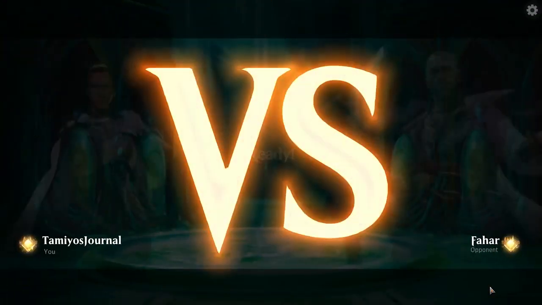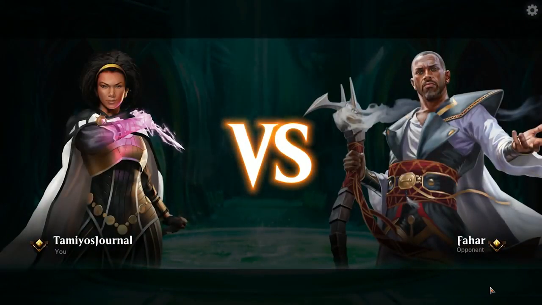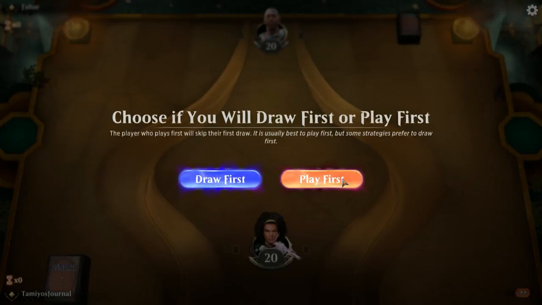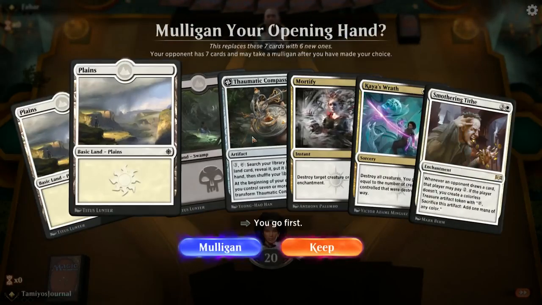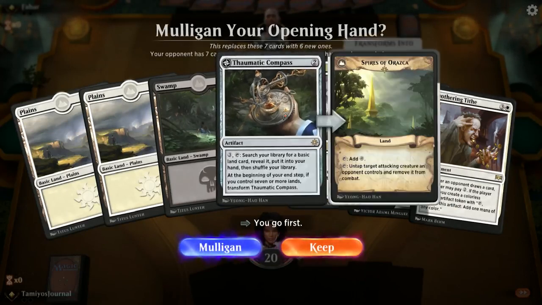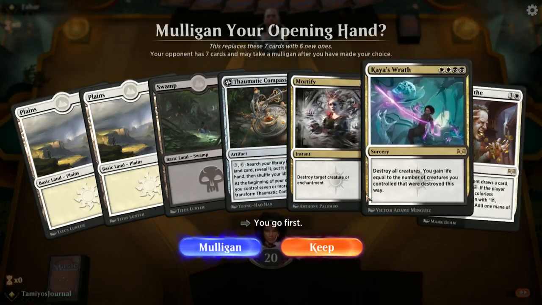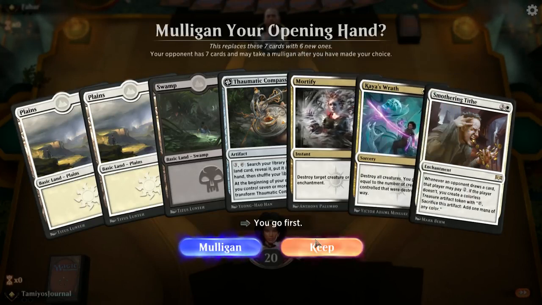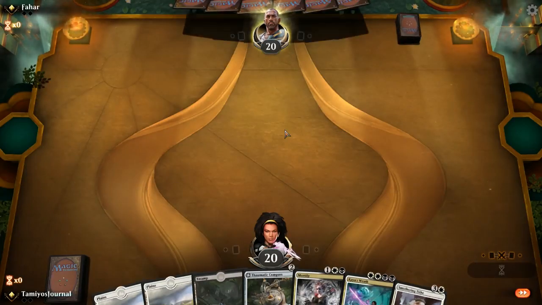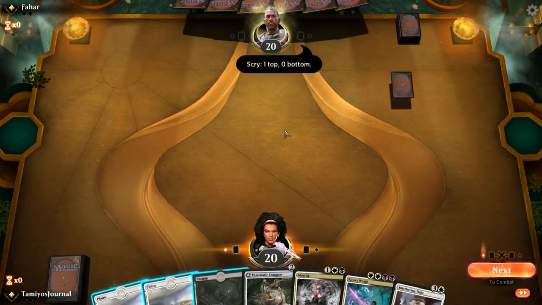So good luck, Fahar. You are playing as a fairy, which is slightly worrying, but we'll take the play. And this is a pretty good opening hand. We've got Thematic, which is really handy for getting lands out once we use our combo. We've got Smothering Tithe, which is obviously very handy, and a couple of removals. So no combo pieces. It's quite good if you get the Kaya in, but unfortunately, we are off to